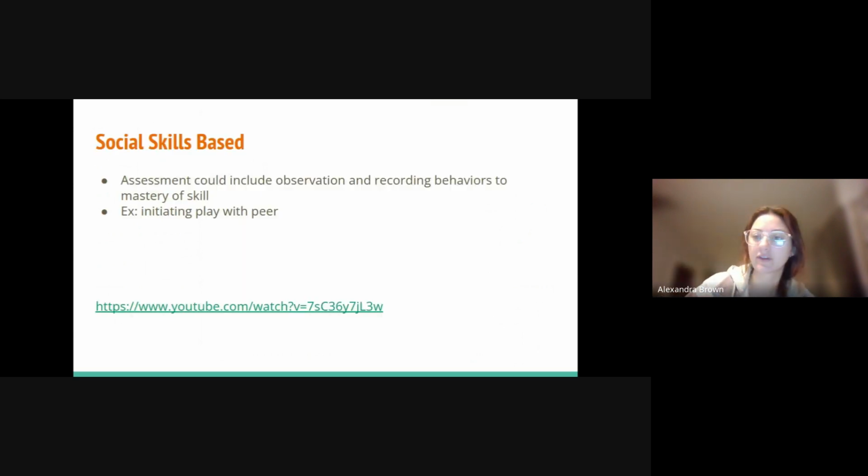Okay, so we went over curriculum-based, we went over developmental-based assessment, and now we're going to just touch base on social skills assessments. So these assessments include observation and recording behaviors to mastery of the skills. So examples, playing with a peer,